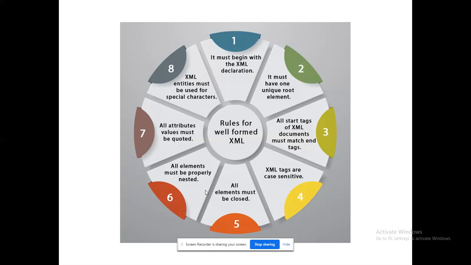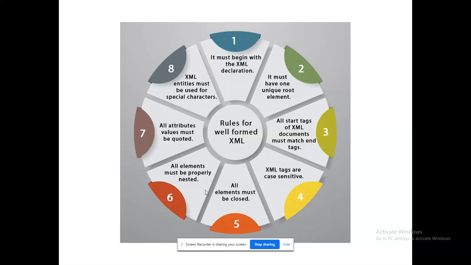So what could be a well-formed XML? That could be a major point. Always there should be an XML declaration. It should commence with a question mark, right? It says what type of XML and what type of format I'm ready to follow. Then there will be a root element. All the XML tag elements must be closed as well as matched. It should be case sensitive, right? Elements must be properly nested. That's the reason it is ready to generate the tree for the environment, right?